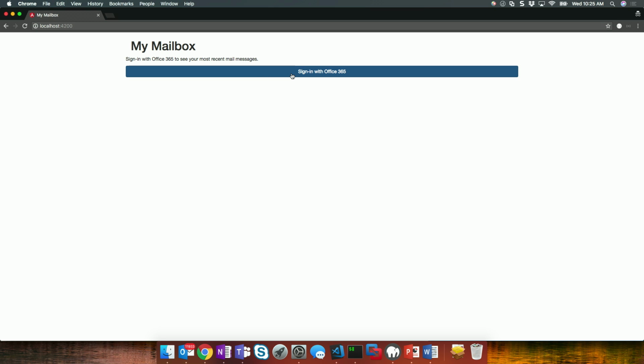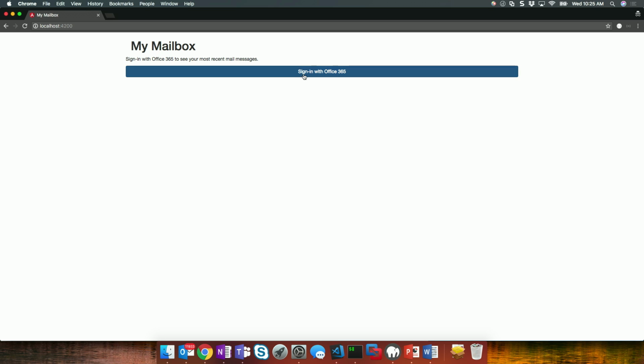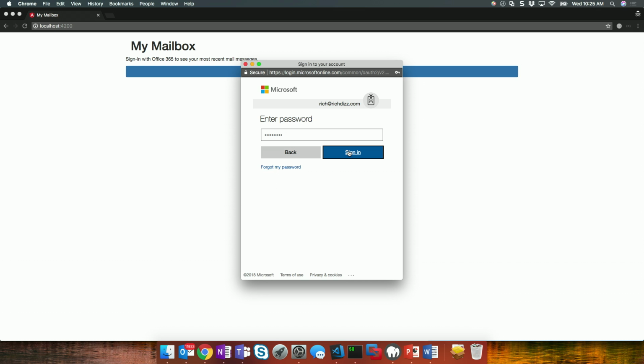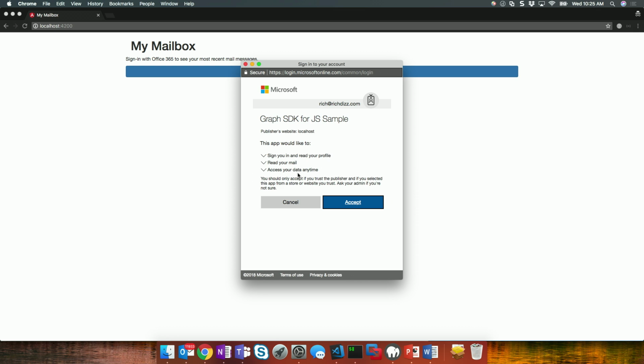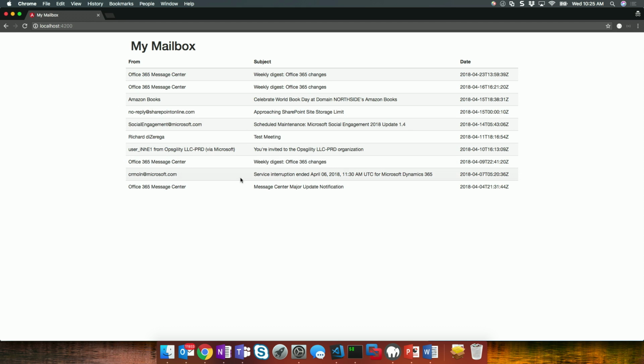4200. And here's our sign-in process. One of the things I'll do here really quickly, and the benefit of, again, using a modern IDE with JavaScript, is that I should be able to actually debug this along the way. So we'll go ahead and sign in with Office 365. I'll just sign in with one of my developer tenants. Here's the consent that says it wants to read my mail. And you can see that I get all of my mail messages back,